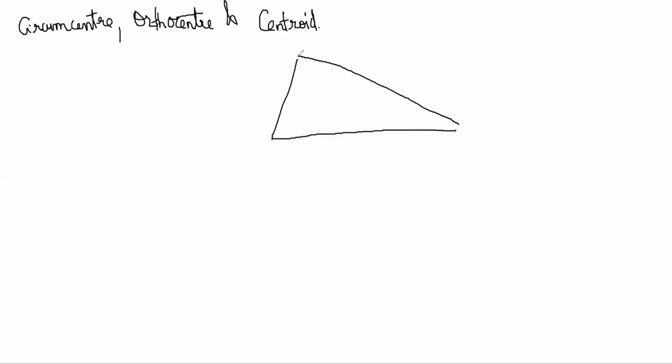So if I want to draw the orthocenter, I will draw a perpendicular like this and one perpendicular like this. This is my orthocenter H. Or you can call it O, whatever you want to call it, that's fine. So H, then for the perpendicular bisector, I will draw perpendiculars from the midpoint. This is my circumcenter C, right? And for the centroid, I will draw medians. So the medians join these 2 points and this point. So this is my G.